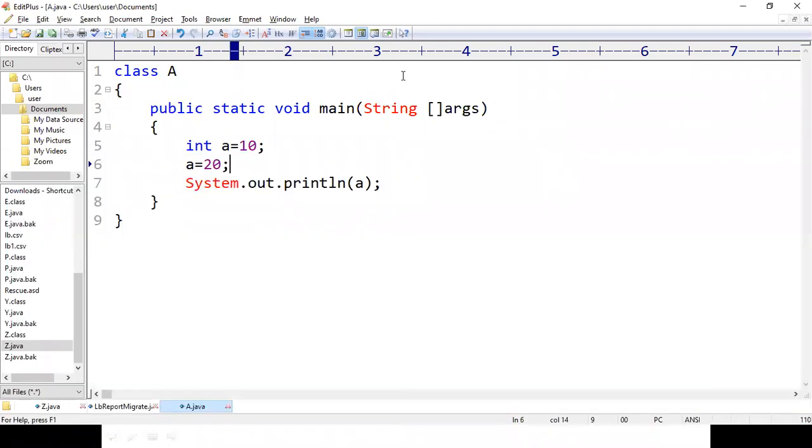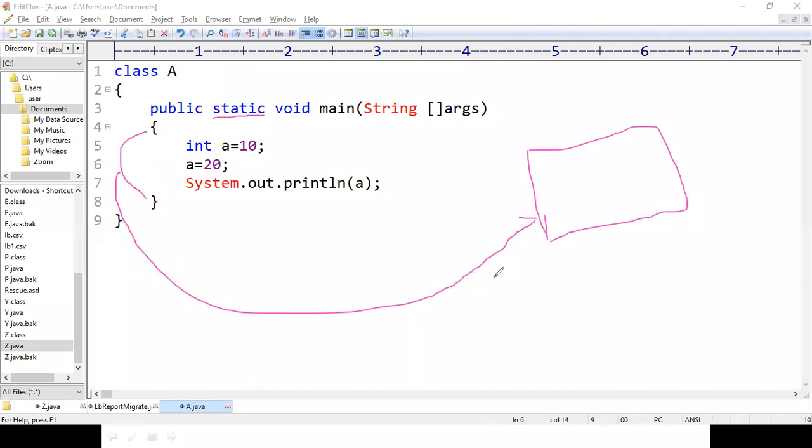So let us see what will happen step by step. Whenever the compiler encounters the static keyword, it will create some memory inside the RAM, bring all this block into the RAM, and start executing line by line. When it executes the first line, int a = 10, a 4 byte memory space will be created under the name of a, and the value 10 will be kept in this block because we have assigned the value 10 to the variable a.